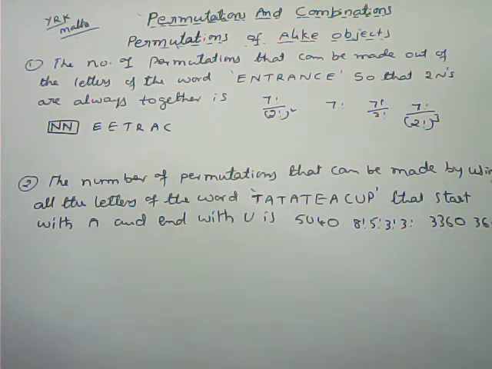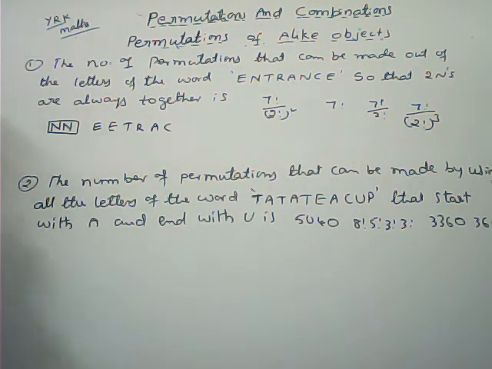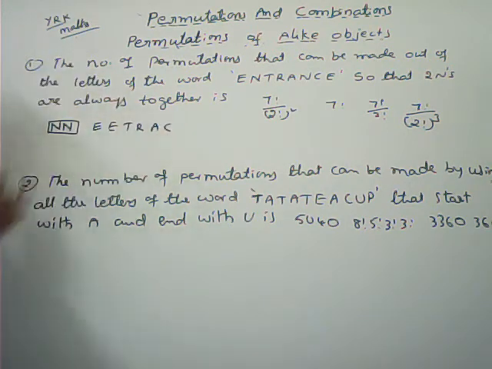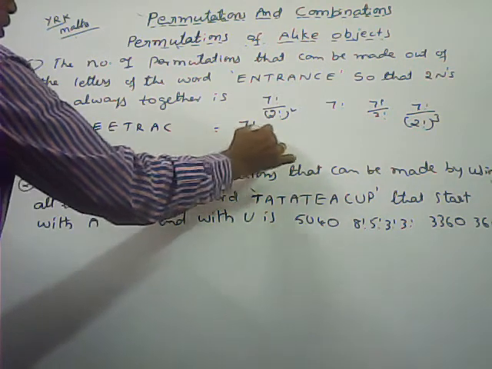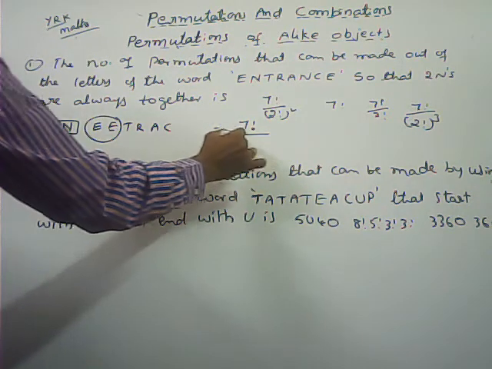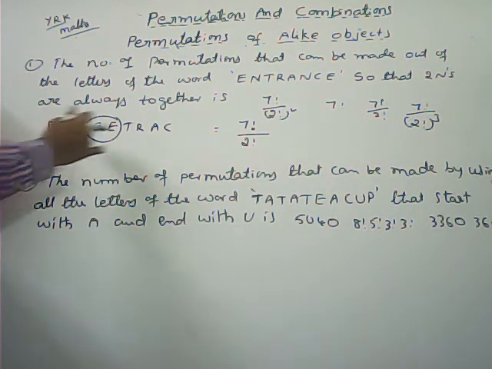So here I am finding the total number of arrangements where the two N's come together. This one you have to consider as one object. Now how many things, how many letters are there? 1, 2, 3, 4, 5, 6, 7. So 7 letters can be arranged among themselves in 7 factorial upon 2 factorial, since two things are alike of one kind. P things alike of one kind gives P factorial. Here two things are alike of one kind, so 2 factorial. The remaining are all different.